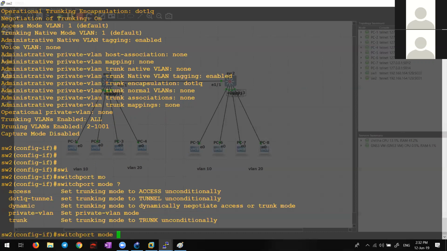It is never used even. I also never used it. Maybe in the old switches, it's completely gone. 15.0 is not even supporting it, so it's obsolete. Host, not supported.